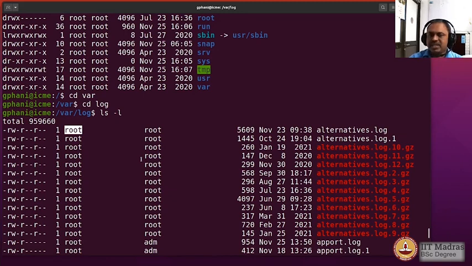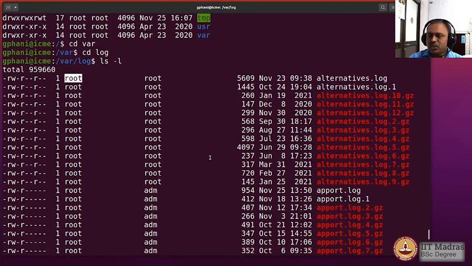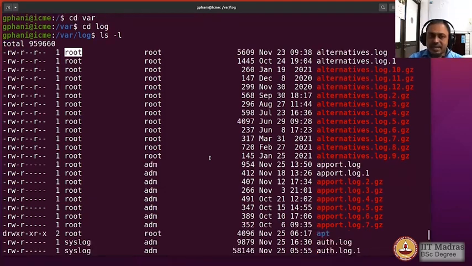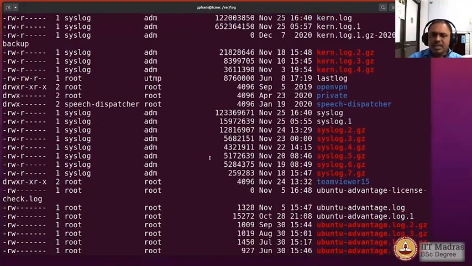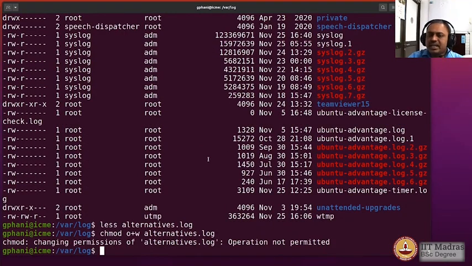So anybody can change permissions of a file only when they are the owners of that particular file. Here the ownership is given to root, and that is one of the safety mechanisms by which an ordinary user cannot change permissions to do any modifications to that particular file. However, read permissions are given. Now there are some files for which read permissions are not given. Okay, so let us see if we can read them.